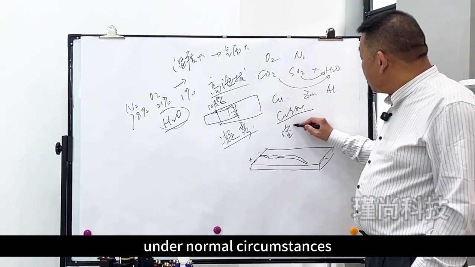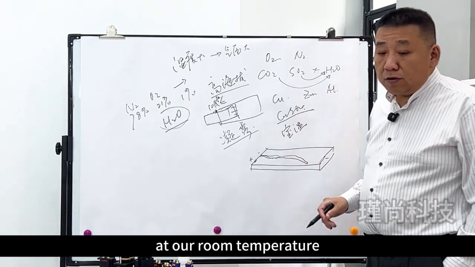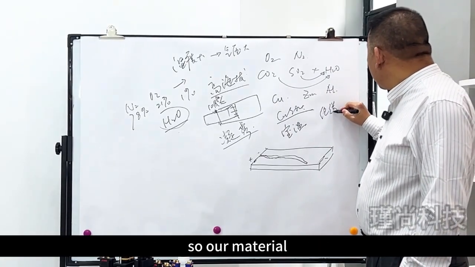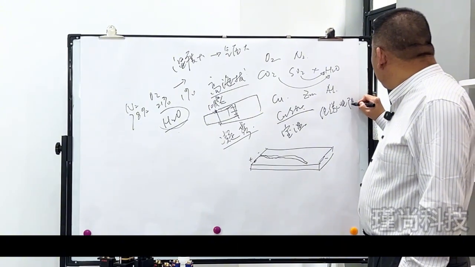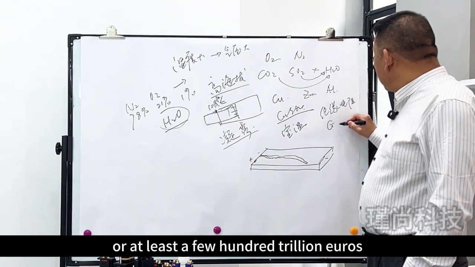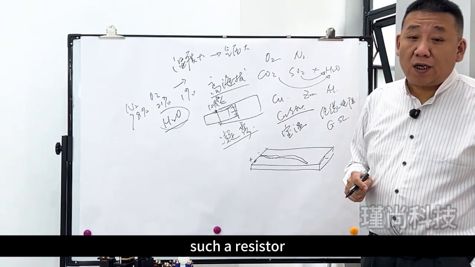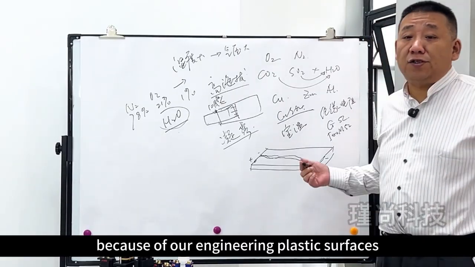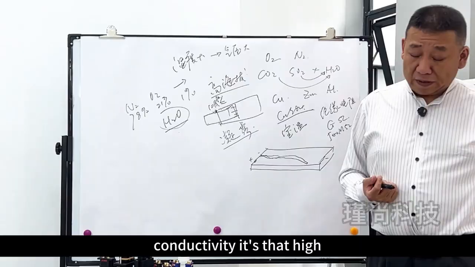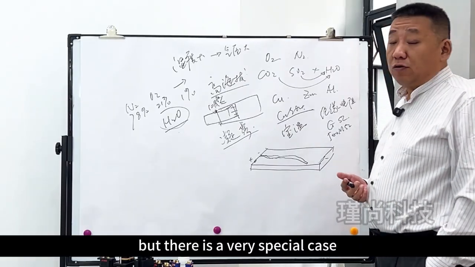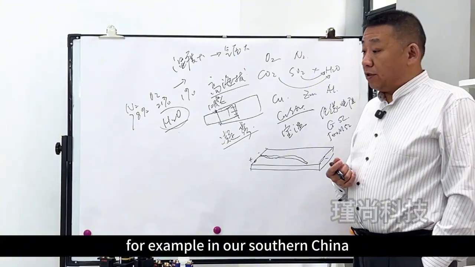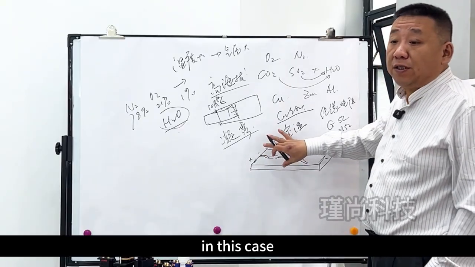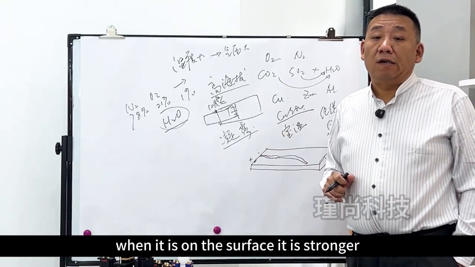Under normal circumstances, at room temperature, there is no water on the surface. So when we measure the insulation resistance of the material, we can measure resistance in the gigaohms, at least a few hundred gigaohms. This is normal, because the conductivity of the engineering plastic surface is that low. But there is a very special case: for example, in southern China, during the plum rain season,